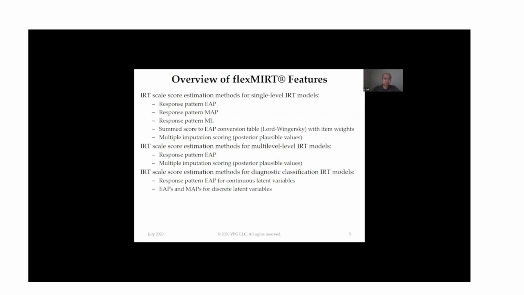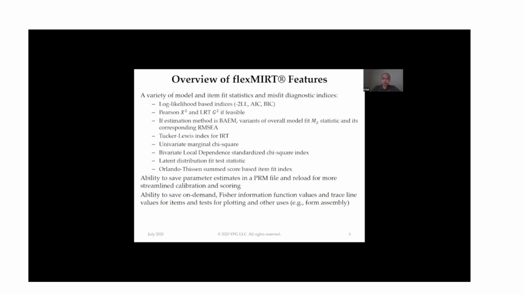And then the model fit statistics, obviously the program uses maximum marginal likelihood. And when it does, it generates the -2 log likelihood, the AICs and BICs as byproducts. And if feasible, that is when the contingency table is not so sparse, the program will also attempt to compute the Pearson's classical X-squared statistic or the likelihood ratio statistic. And when you do Bock-Aitkin EM, the program computes a variety of M2, that is the limited information statistic based on the first and second order marginal probabilities. And those